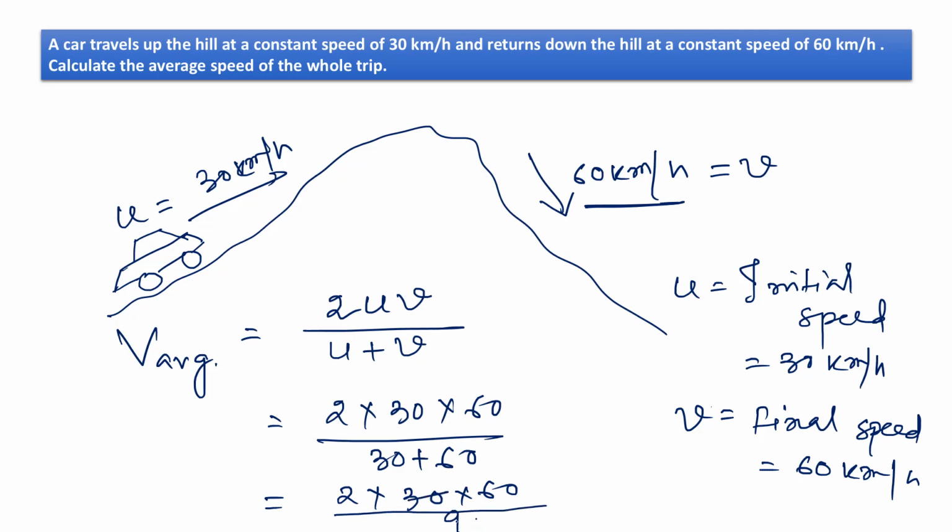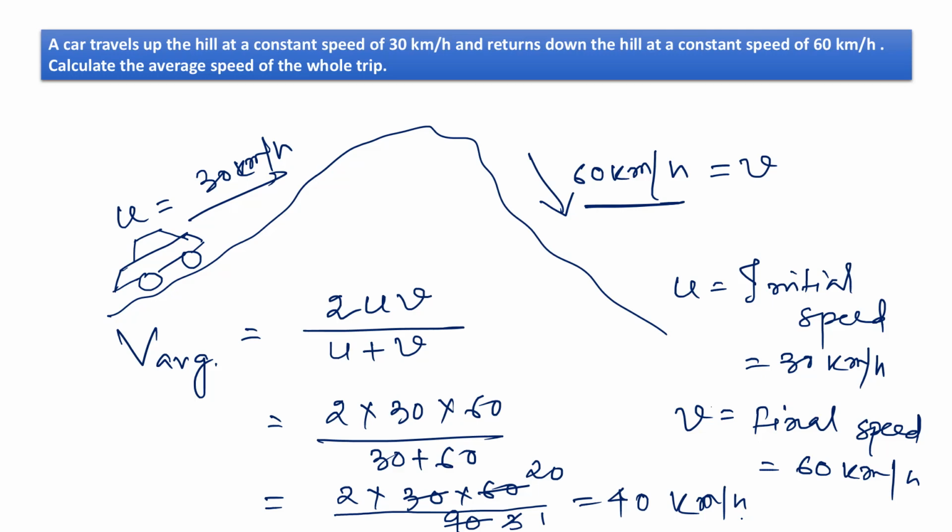So here, 3 nines are 27, and 3 ones are 3, 3 twos are 6. So 20 multiplied by 2, that is 40 kilometer per hour. If we were trying to proceed with the traditional method, it's so long. Compared to that, this one is so easy, but it can only be applied